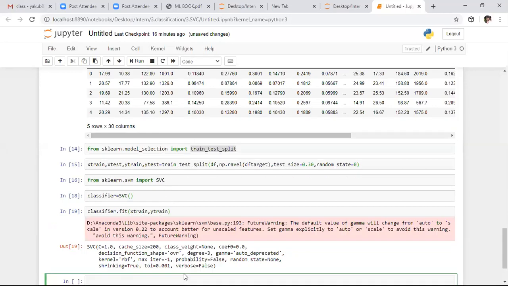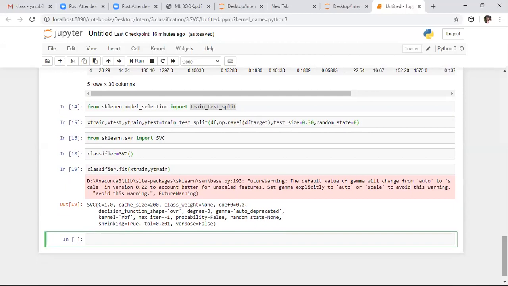After specifying this, we need to predict the outcome. If you want to take any sample, you can test with that specific sample, whereas here I want to predict the outcome for the test data set. I want to store that output in y predict. So here I'm saying y predict equals to classifier dot predict. Here I want to predict the outcome for the test set, that is x test. So we applied this successfully.